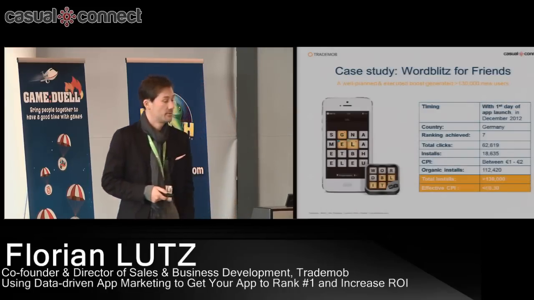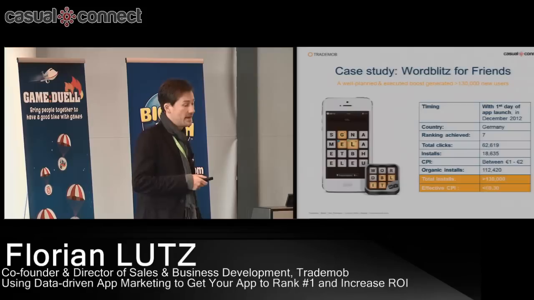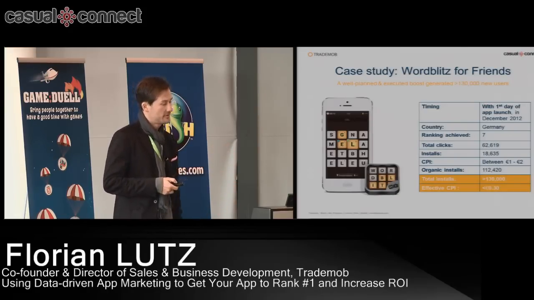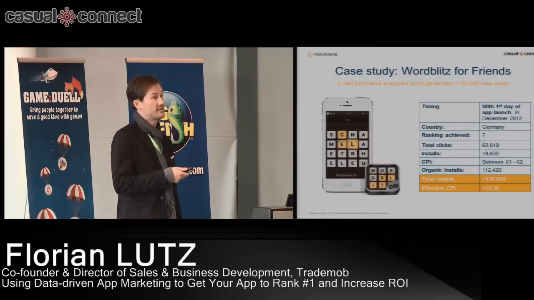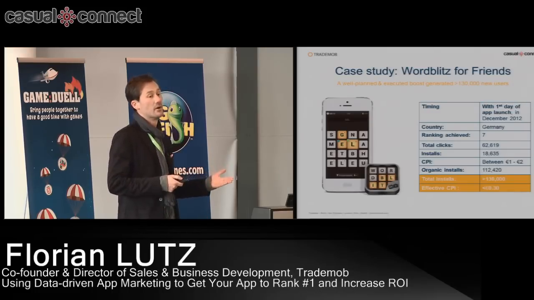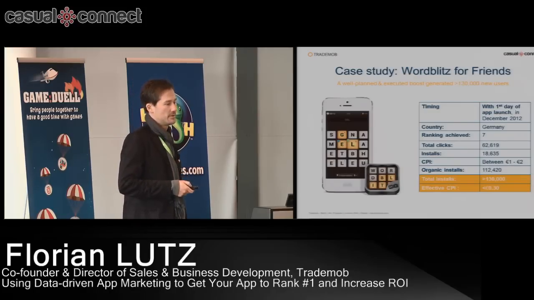So the total numbers, obviously this campaign has been run in Germany. The maximum ranking we achieved is a top 7 ranking. The funny thing is it stayed up there, not at top 7, but in the top 10 for a very long time. And the total number of downloads we bought was actually 18,600. You all know just about how much that costs. But the number of total installs we generated over the time where we have invested effectively was more than 130,000. And effectively that was driving the total average campaign CPI to just below 30 euro cents, which is actually ridiculous if you think about the average user cost in Germany.